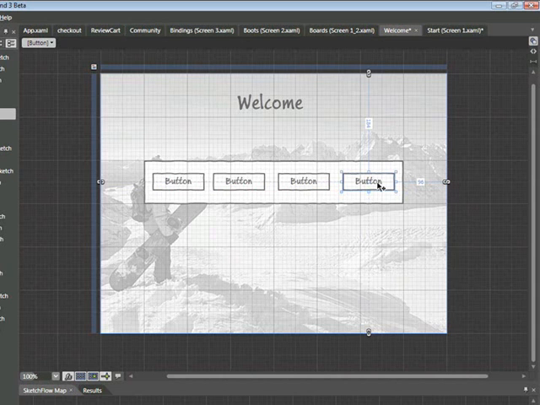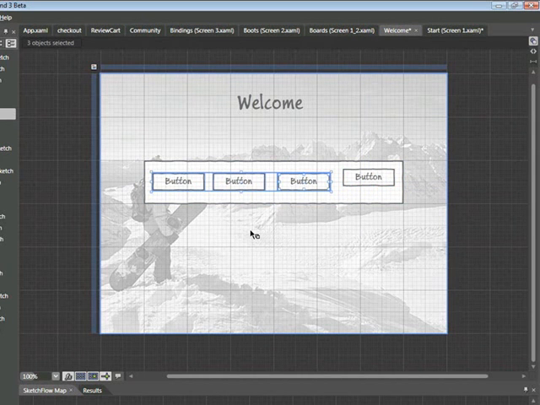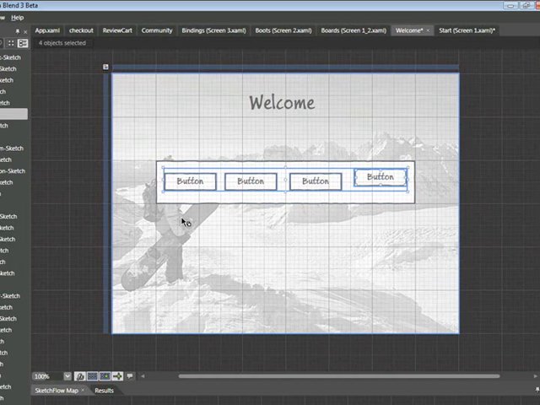Now I'm actually going to show you one other thing here. I'm going to go ahead and purposely misalign this button here, because we do have a command that will allow us to align objects to each other. In order to do this, all of these must be selected. So in order to select these buttons, I'm going to shift-click on all 4 so that they're selected,